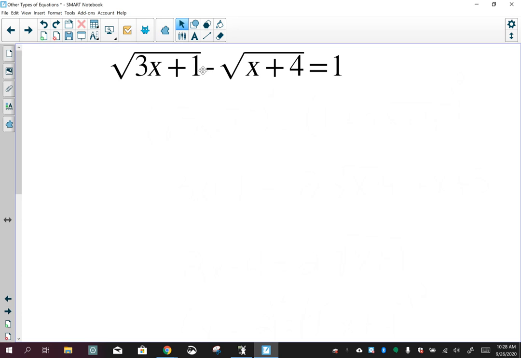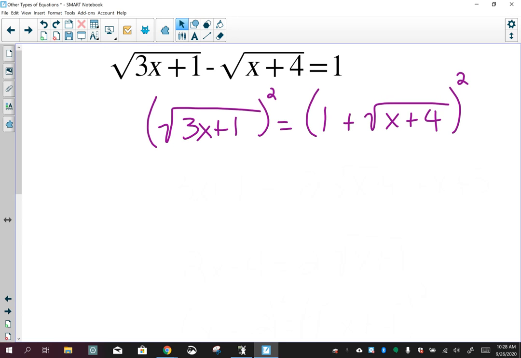And so since I have this negative sign here, I'm going to go ahead and move the square root of x plus 4 over to the other side. And then I'm going to square it. So now, before I go any further,